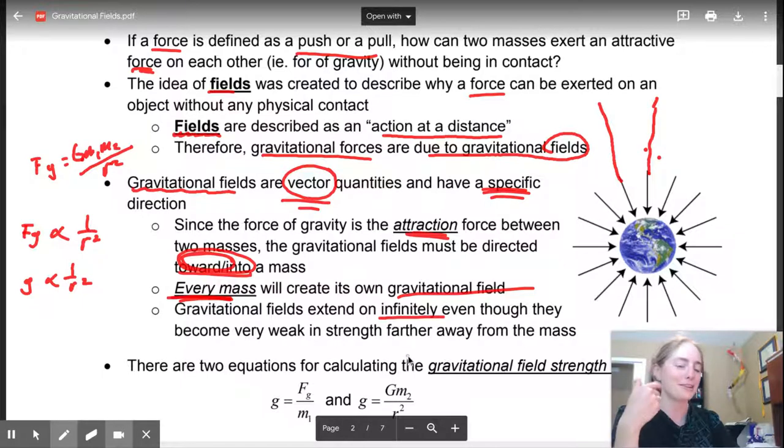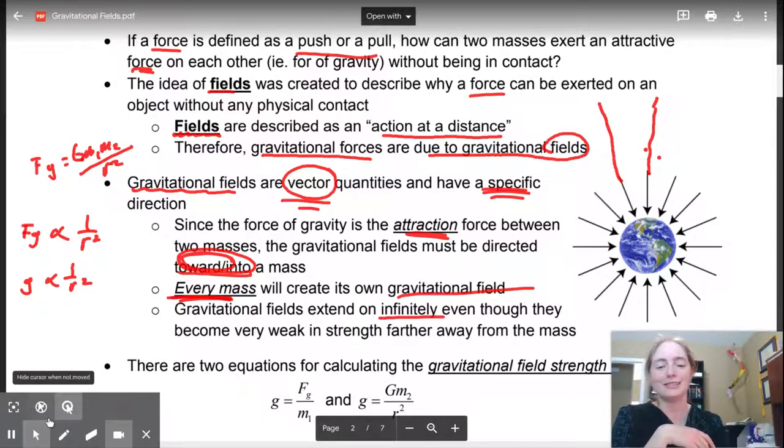However, because they become so weak as the radius continues, there gets a point where they become negligible. They become not even worth calculating anymore. And sometimes when the masses are super small, the gravitational fields themselves are negligible. Okay. All right. So, ladies and gentlemen,